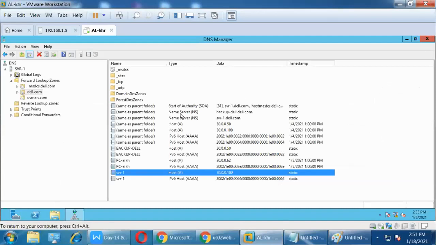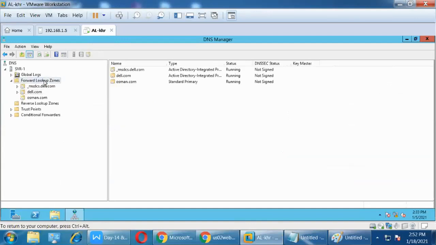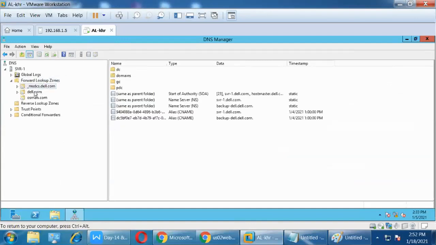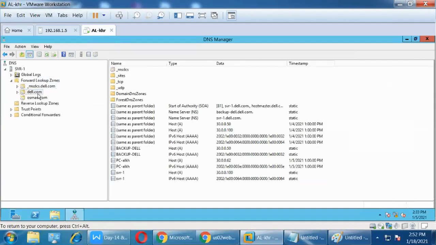Now tell me, in this scenario, this is alkal.com. Which is the DNS, Active Directory integrated DNS or normal DNS? This is Active Directory integrated DNS. Correct, very good. So it has the 6 records. This is my primary forward zone. See here, 1, 2, 3, 4, 5, 6.